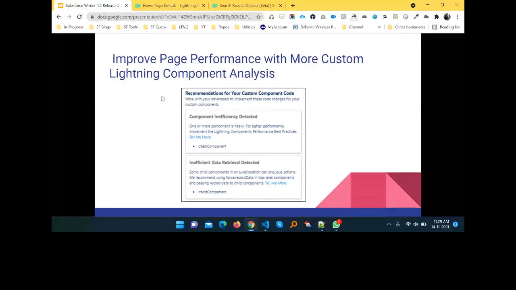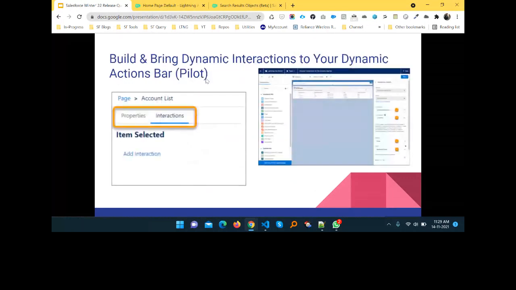So this is another feature under Winter '22. And here you can see build and bring dynamic interaction to your dynamic action bar. This feature is not available right now, maybe it's coming in an upcoming release. So here you can see the dynamic action bar, one of the features, instructions.